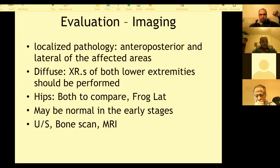And if you really have a good sonographer, he will tell you whether it is turbid or not, so you can differentiate between septic arthritis and irritable hip syndrome. And then finally the MRI, which I don't think you should say from the beginning. And if you say it, say: if I have instant access to the MRI, I would prefer to do this, and I will go and talk to the radiologist